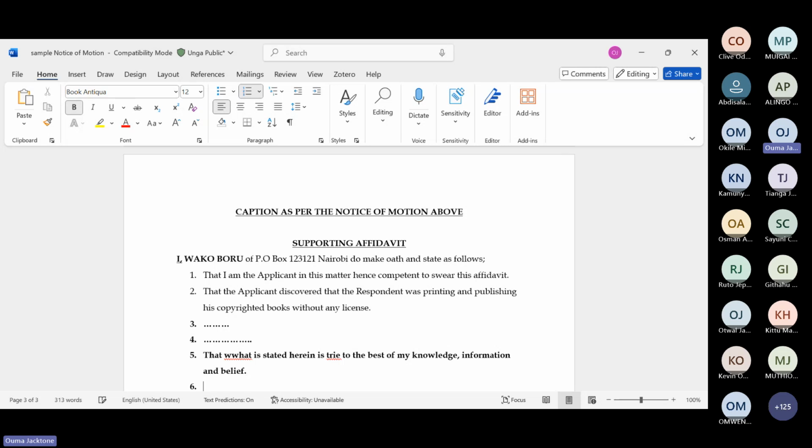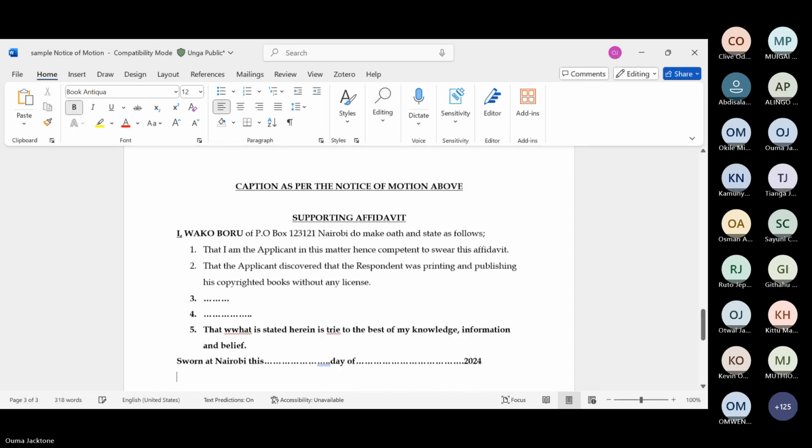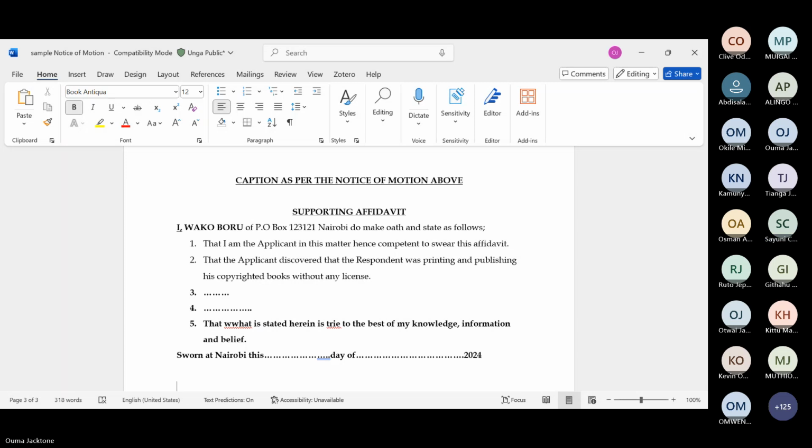Full stop. You go back there and say, sworn at Nairobi, this dash day of dash 2024.